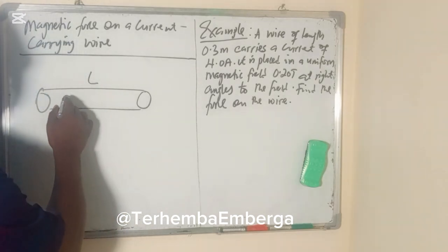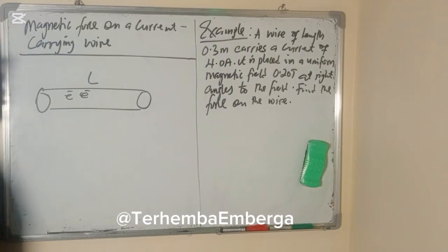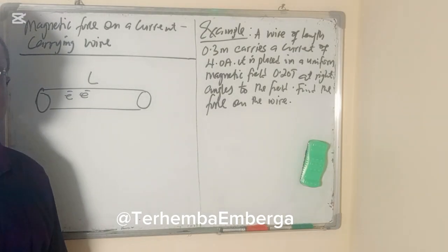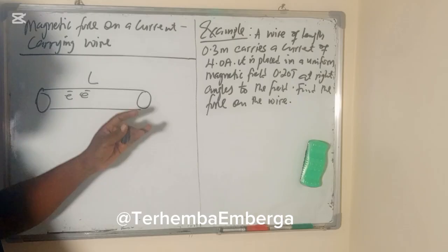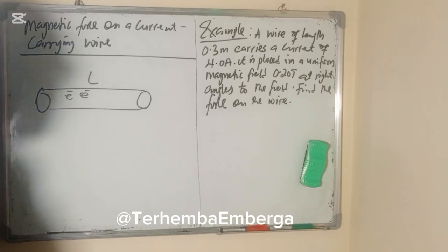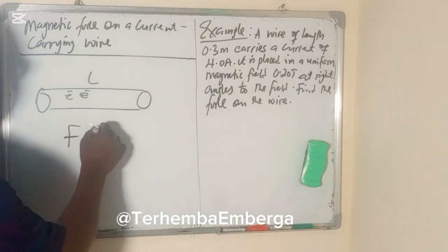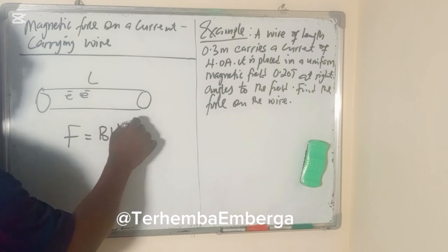I have charges moving. And if this conductor is placed in an external magnetic field, we're interested in knowing the force that is involved. And at this point, we said that F is equal to B I L sine theta,